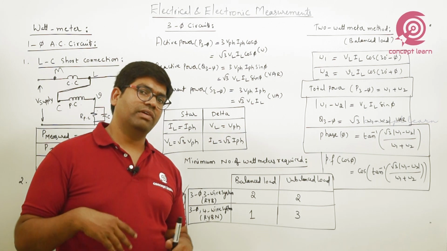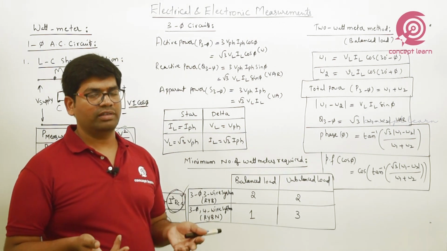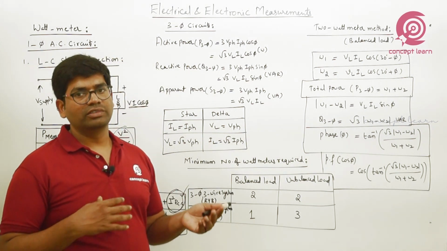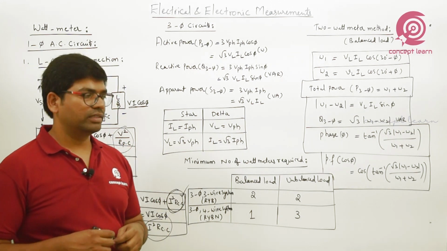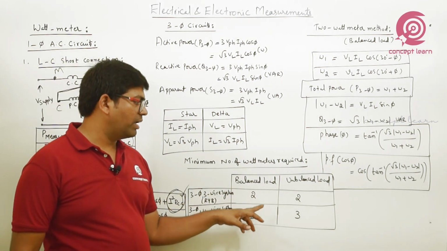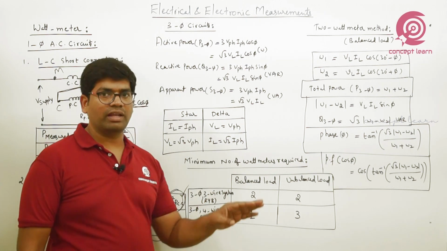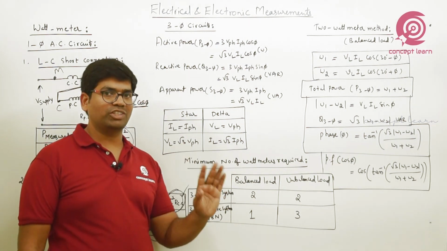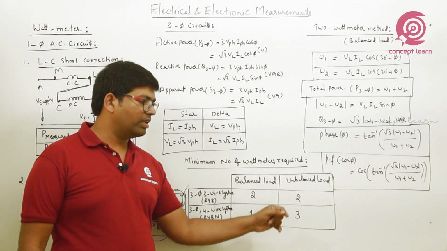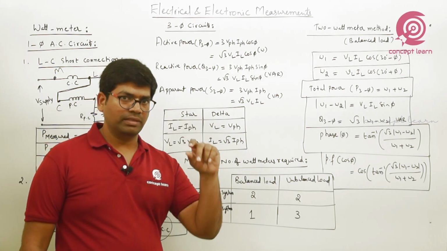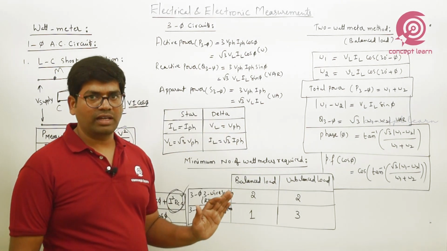Unbalanced means the impedance and even the phase angle are different, so we name it unbalanced. There we get different voltages and currents. Based on balanced and unbalanced, if it is three phase three wire, meaning only the RYB concept, whether balanced or unbalanced, compulsorily we require what? Two wattmeters, that is, a minimum of 2 wattmeters are required.